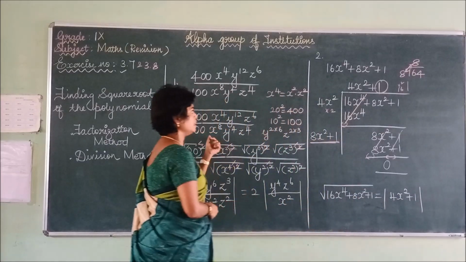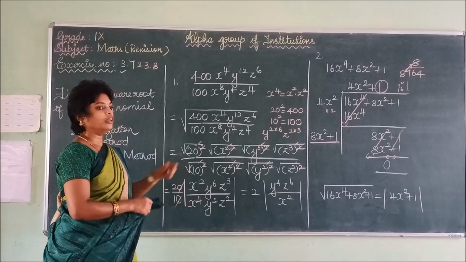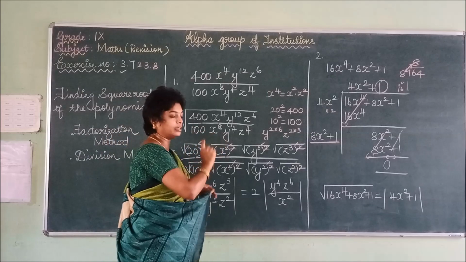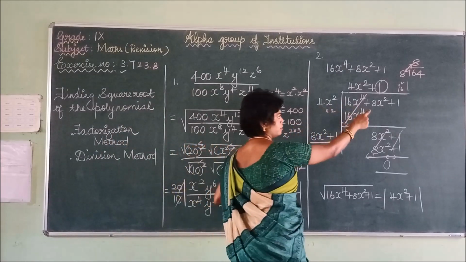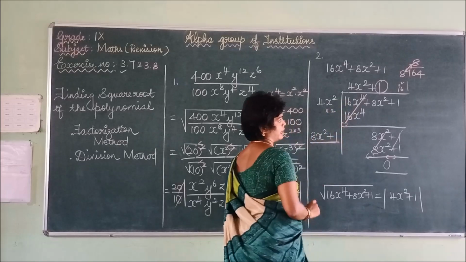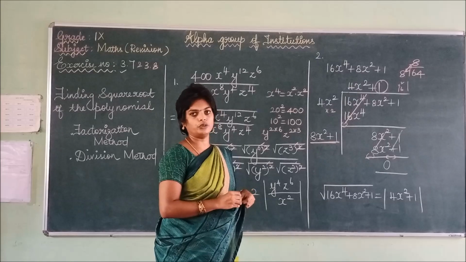So listen carefully. In this method, you are splitting the terms and getting the value. If they ask you to find it by the division method, you have to use that method only. How to write the values instead of the division? Split and write the square values. So normal square, how we are doing? The same way you do it.